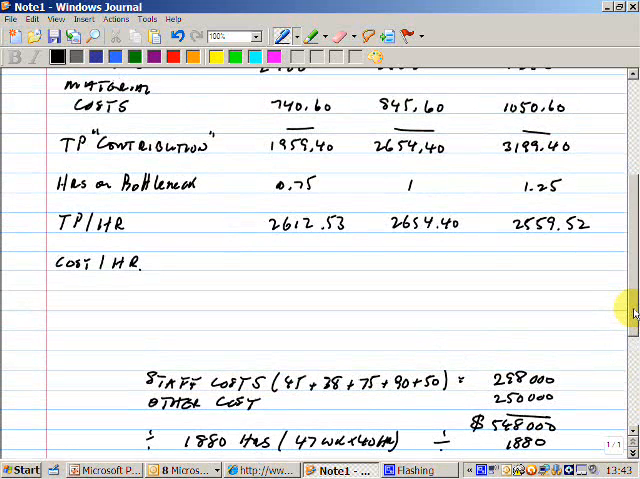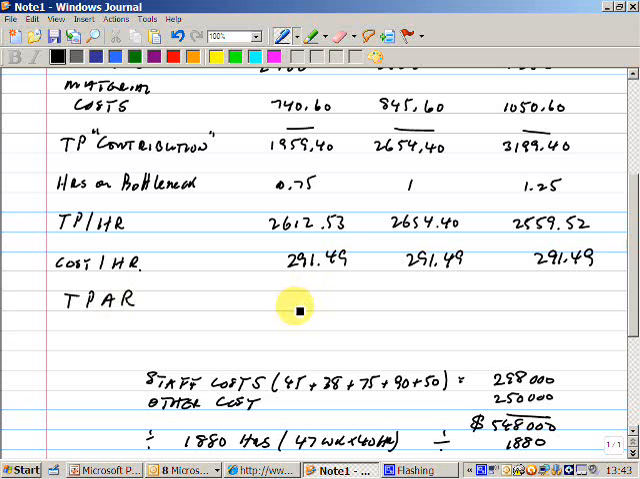So we know the throughput contribution per hour. So the cost per hour is 291.49 for each of them. Okay, that gives us the throughput accounting ratio. The throughput accounting ratio then is 8.61, so that's positive, 9.11, and